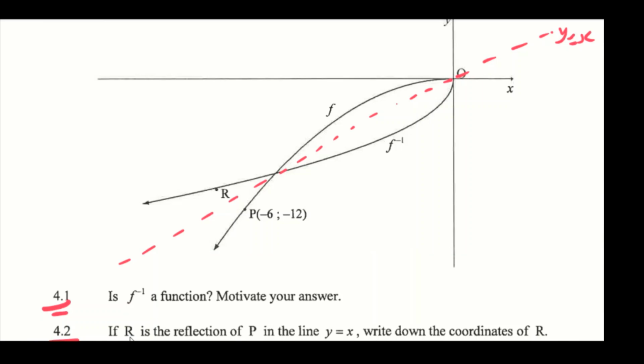So if it's a reflection of P in this line y = x, therefore R is going to be the vice versa, this there and then that there, right? So it's going to be minus 12 and minus 6. So R is going to be (-12, -6). So that is the value of R. And then